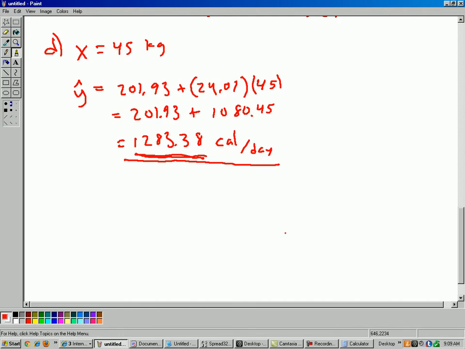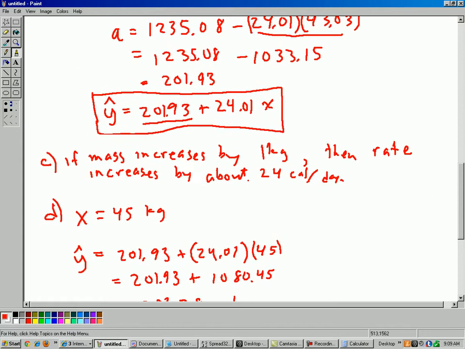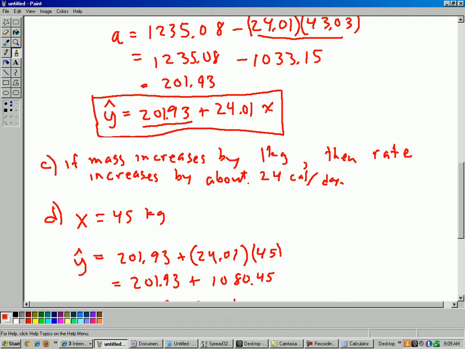All right, we're done with the question. I want to make a couple miscellaneous comments. First of all, the equation y hat equals 201.93 plus 24.01x. If you don't want to use x's and y's, you can use any variables you want, and often it's common to use actual words instead of just letters. So instead of y hat, you can say